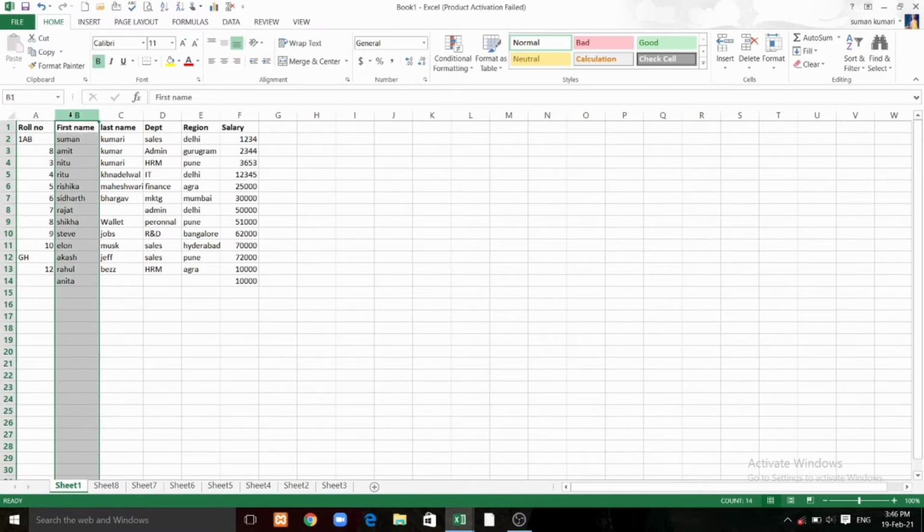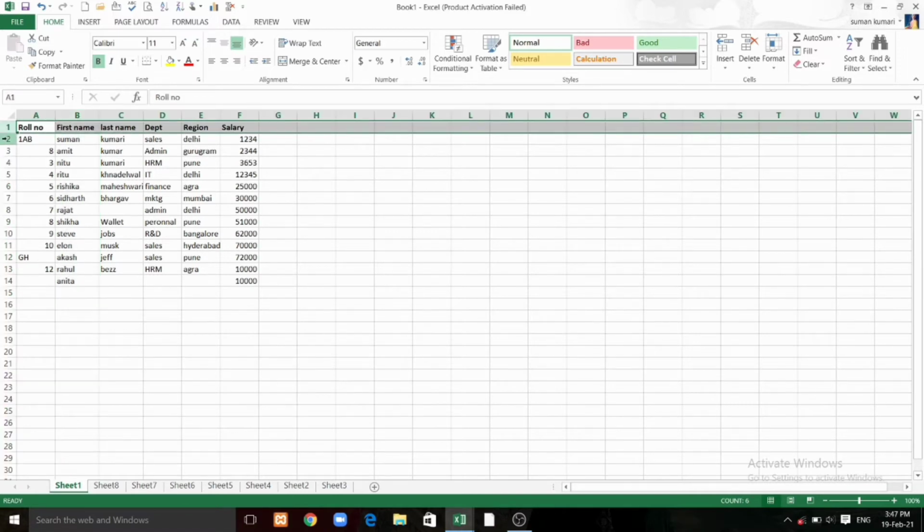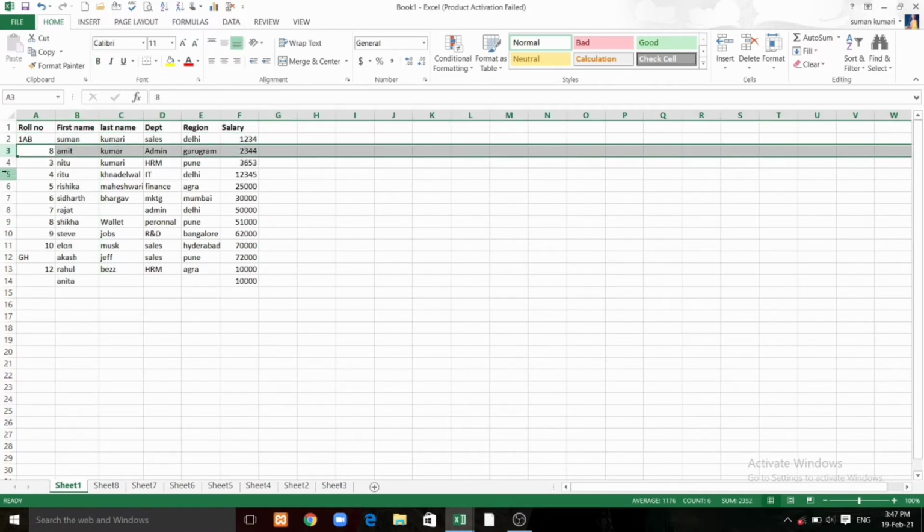So these are shown by the letters A, B, C, D and so on. And the rows are shown by the numbers: 1 row, 2 row, 3 row and so on. So the rows are shown by the numbers. So this is the basic information about MS Excel.